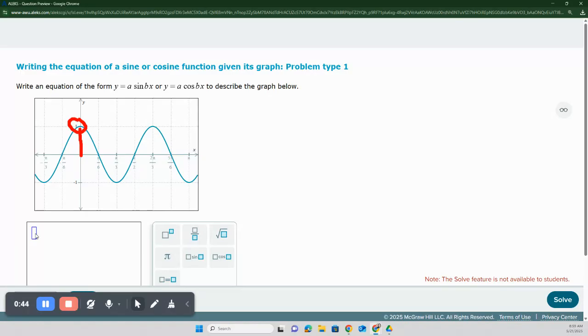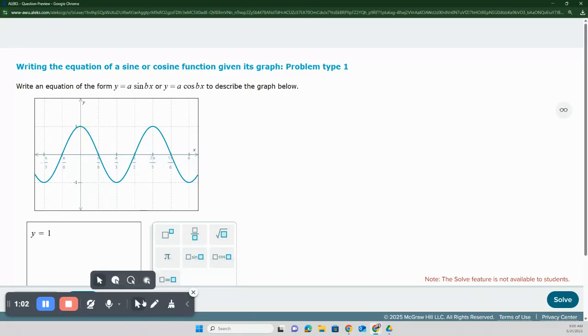So I'm going to type in y equals a, in this case where the front number is 1. In fact, you don't even need to type it because 1 doesn't do anything when you multiply, but you can put a 1 there if you want to. The second thing you need to